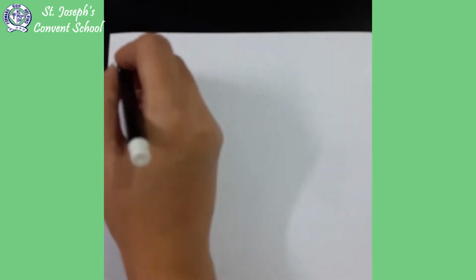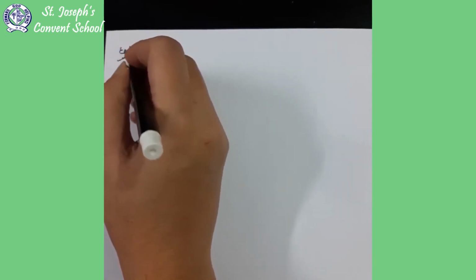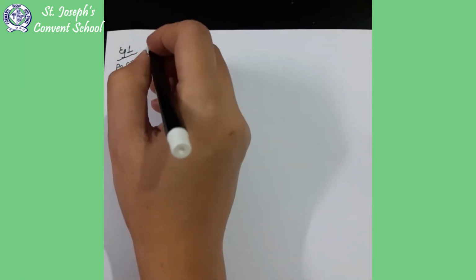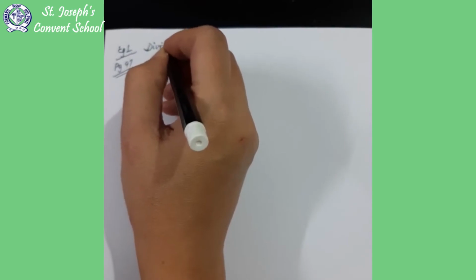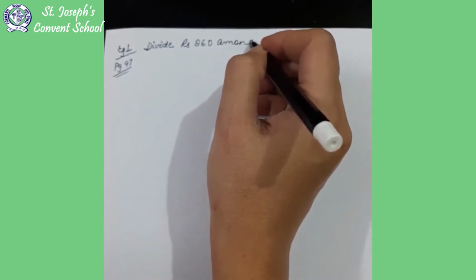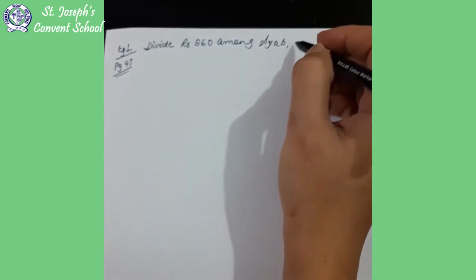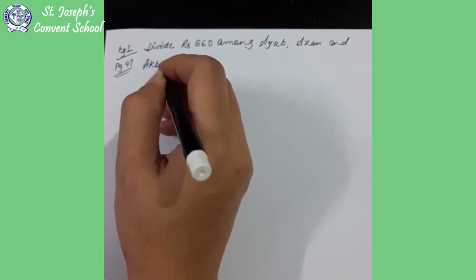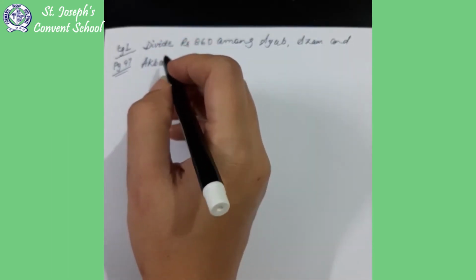Now I'll give you an example from your exercise book. Write the question. Example 1, it is in your book on page 97. Divide rupees 860 among Ayub, Azam and Akbar. You have to divide this amount between these three people